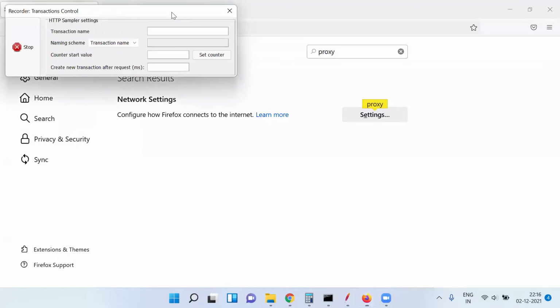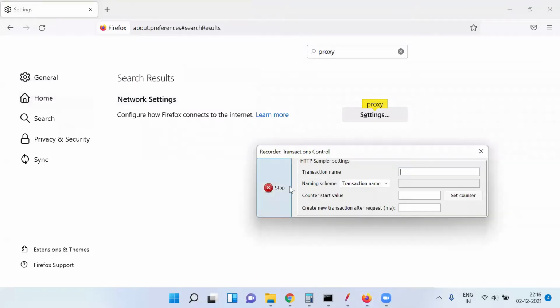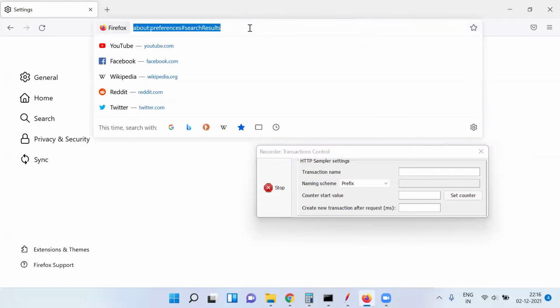Now here, if you see this recording controller, you have this stop button and there are several settings that are available. So as for naming scheme, the one that I will use is prefix. So let's say what if I change this naming scheme to prefix, what do we get here. So let's hit the Demoblaze website,